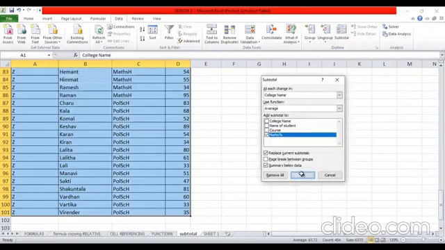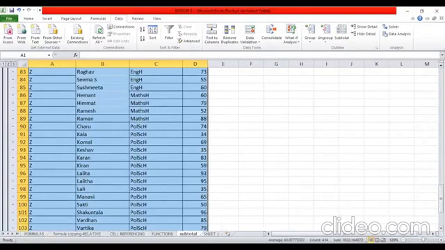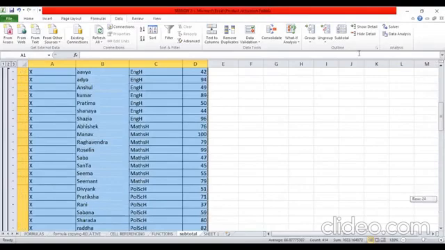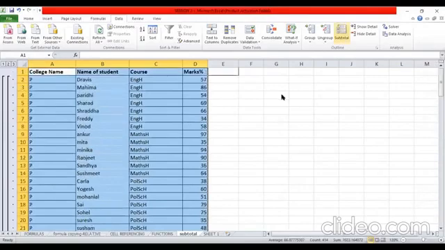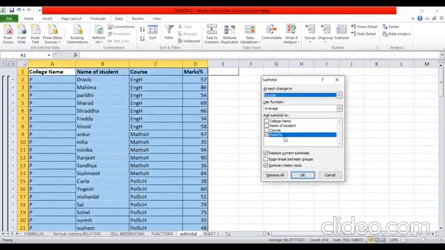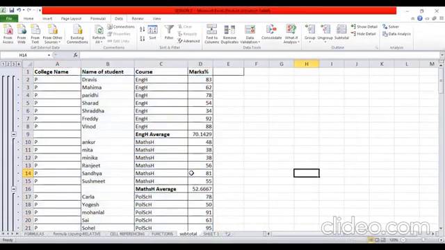You can see that the first level of subtotals is calculated as it was before. Now again go to Subtotals and use the second basis of sorting, which is the course. Again, I want to calculate average for percentage of marks, but this time please uncheck the Replace current subtotals checkbox. If you do not uncheck it, then the previous subtotals will be deleted and only the subject-wise subtotals will be shown to you.